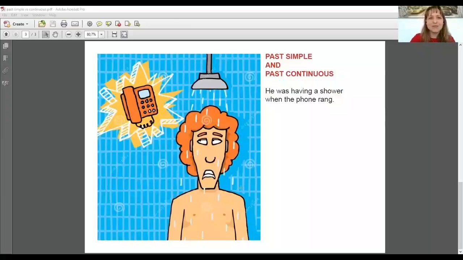So in this case, the past simple interrupts the continuous action that was taking place and that we express with the past continuous. So I hope that you find this explanation useful,